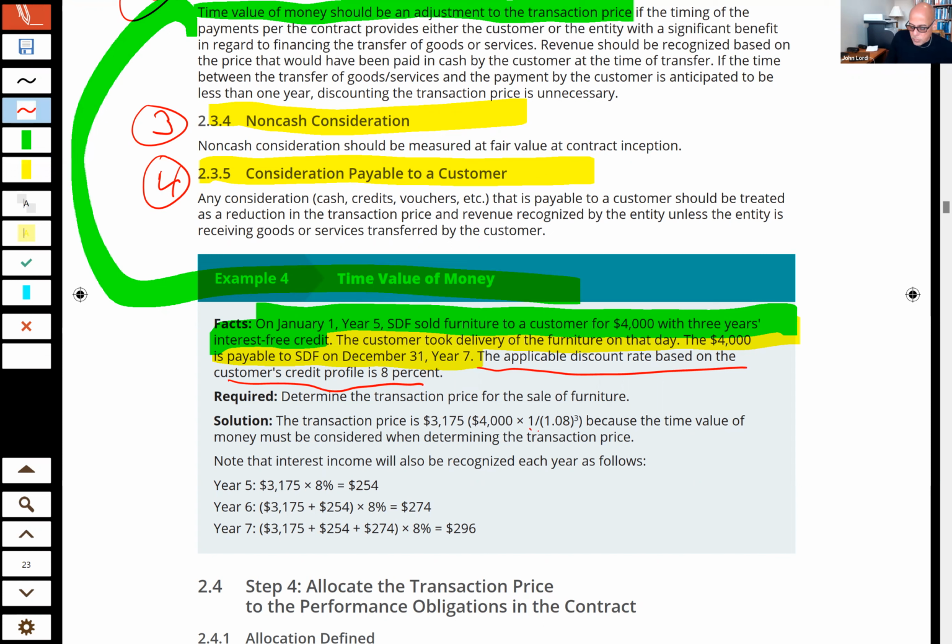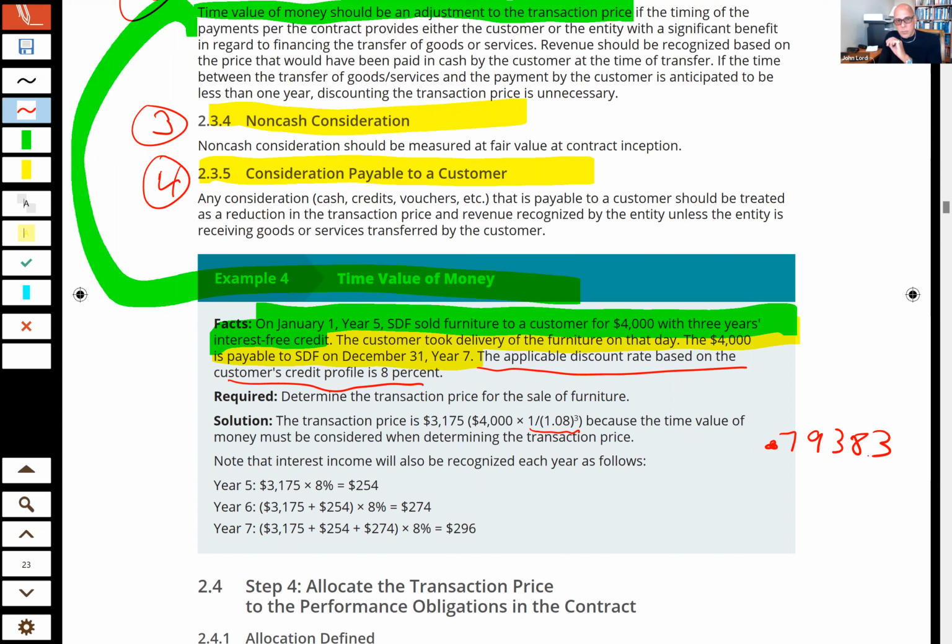Now, the way they came up with the discount rate, guys, is they're all of a sudden using exponential nomenclature here and whatnot. And the way I look at this is, well, wait a minute. I would look to see what is the present value of $4,000 3 periods from now at 8%. And if you were to look that up on a present value table or do a calculation in Excel or something, the number for the present value factor would be 0.79383.